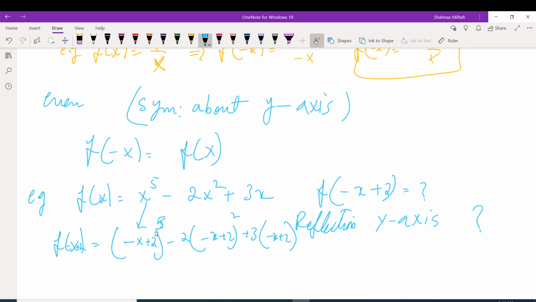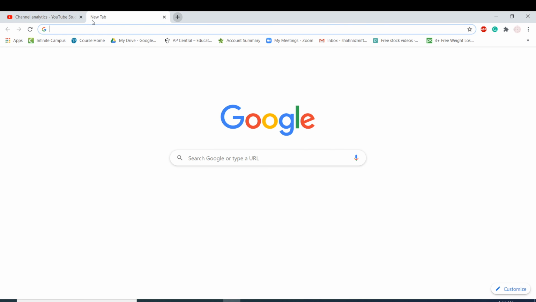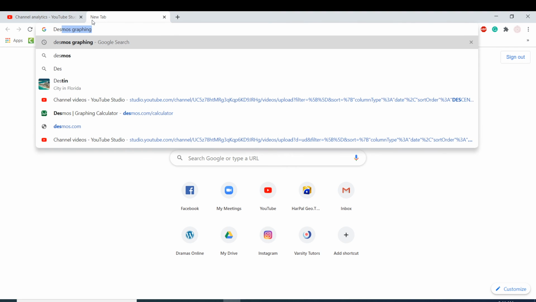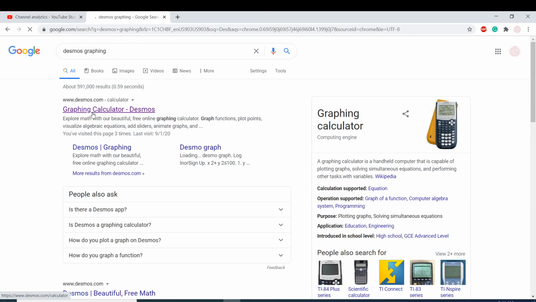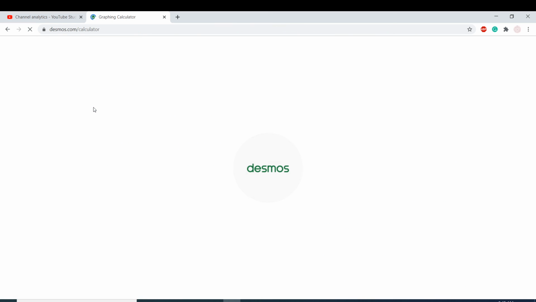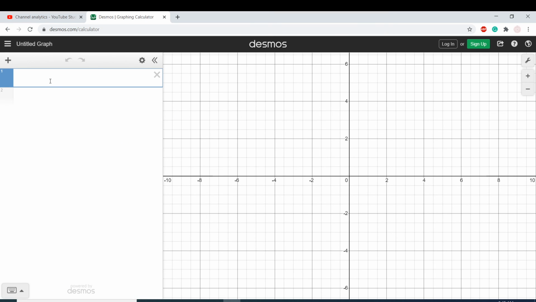So I'm just going to graph both of them on Desmos, and then we will see if it's a reflection across the y-axis. So I'm going to type in here graphing calculator. I'm going to go there and I will type in my functions. So the first function is x to the power of 5